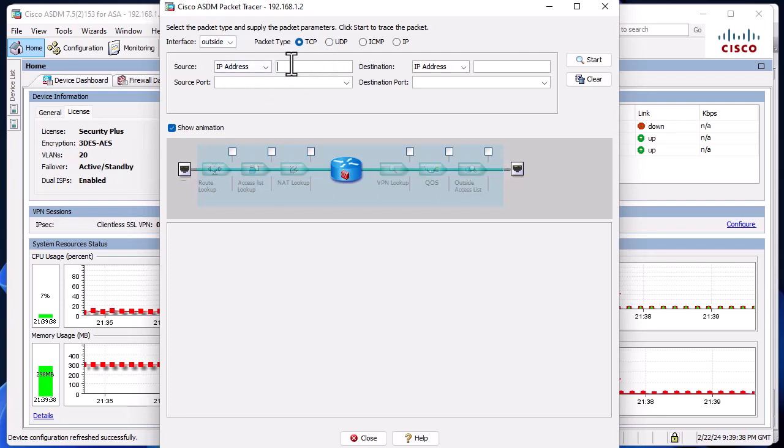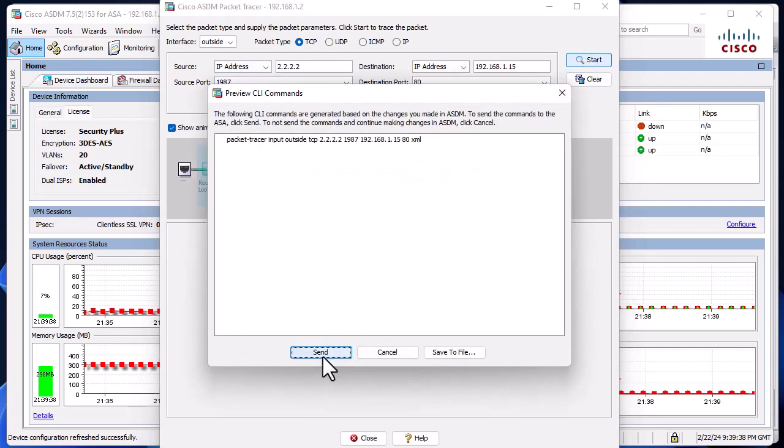I will use public IP address 2.2.2.2. The destination, let's say it's this, the source port doesn't matter, and let's try to reach our web server on my laptop, which is .1.15, and of course the destination port is 80. So we have everything. Let's start the simulation, send,